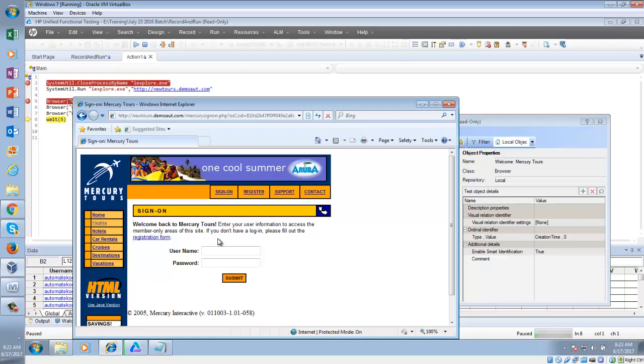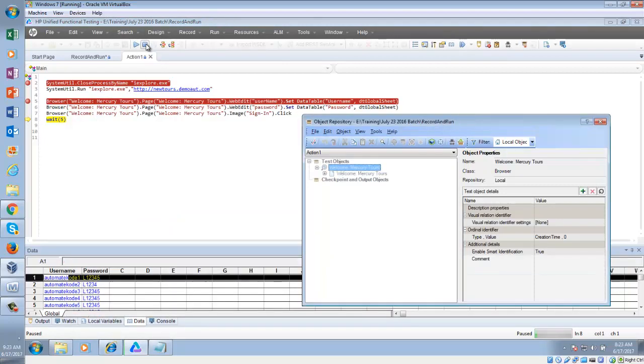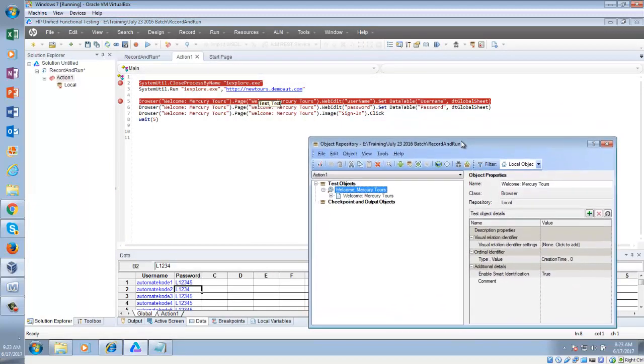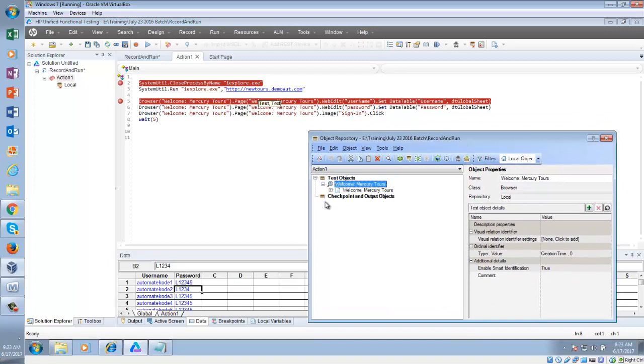Okay. So that is what I am trying to bring something new here. Now I'm going to input a checkpoint here. I'm going to input a checkpoint after clicking on sign in. If it's not, I want to close the browser, right? No, I'm doing something else here. Now let me